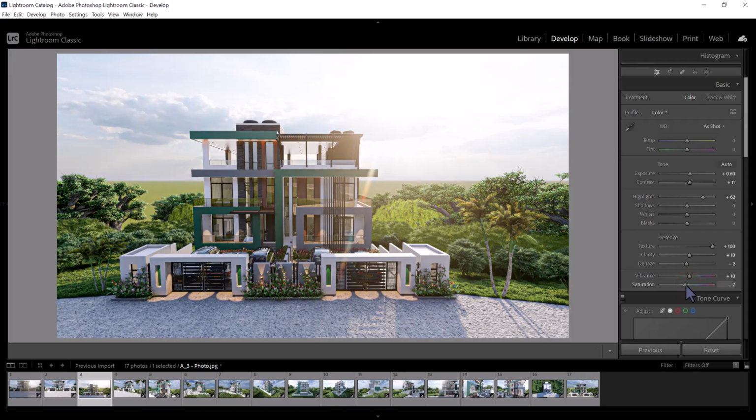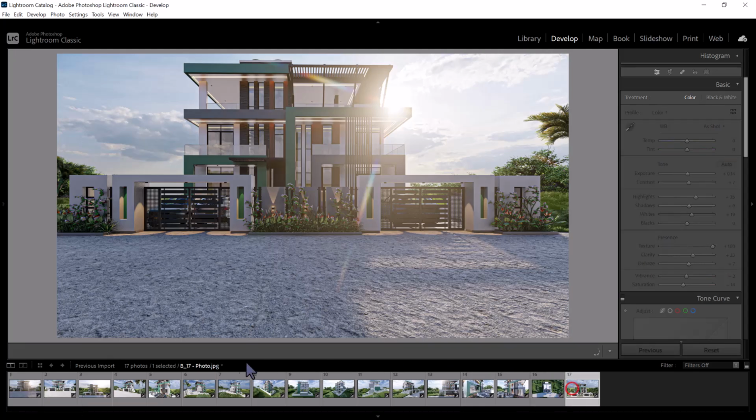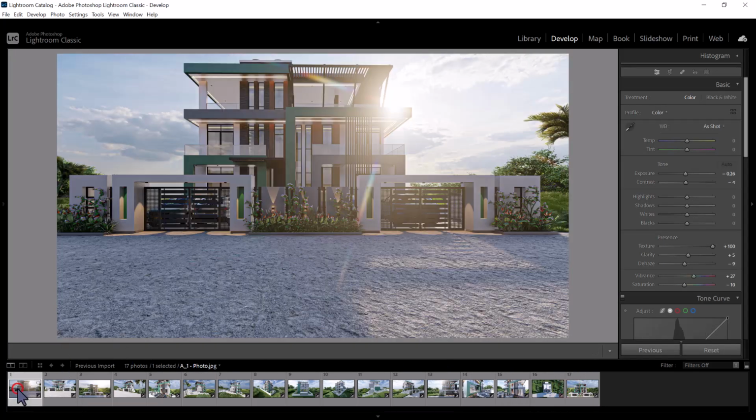And this is okay for me, so I don't need to be doing much about this. So all I'm going to do is that I'm going to be selecting all this, and then I'm going to